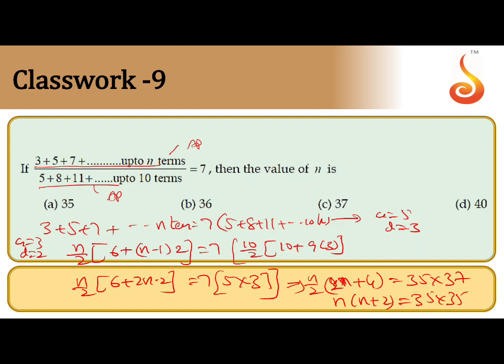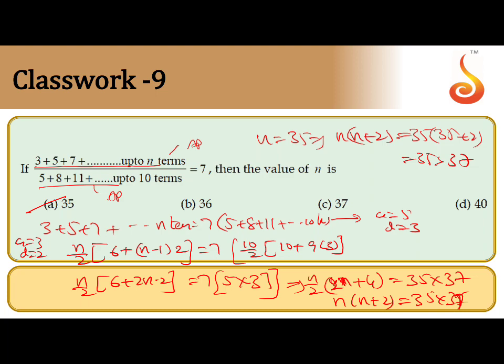So what you will do means, don't multiply. Here you can go for verification. The options, 35 is there, 36 is there, 37 is there. Suppose I took n equal to 35. So what is the left side? n into n plus 2, 35 into 35 plus 2. That gives 35 into 37. You got the answer. So now n into n plus 2 is 35 into 37, that is matching with n equal to what? 35. The answer will be option A. I hope this is clear.